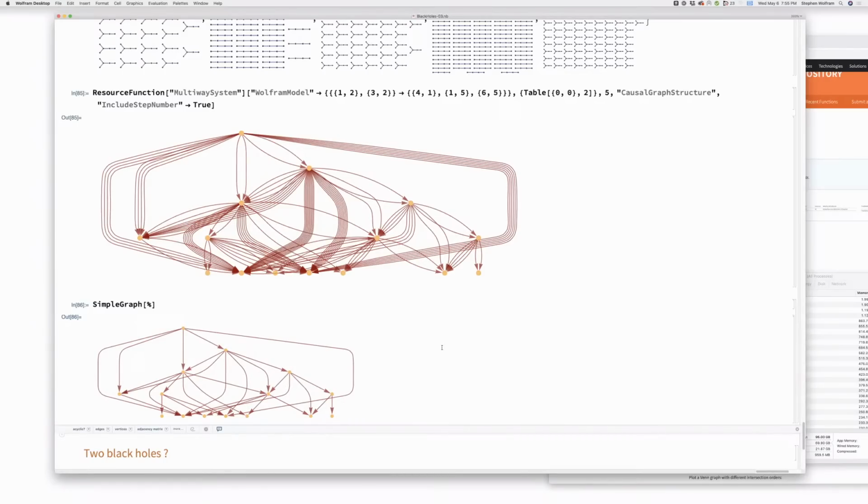And we didn't even get a chance to look at what I was hoping we would be able to see, which is something about no hair theorems for black holes, but we haven't had a clean enough black hole to be able to see that. Right, we're seeing causal edges going into the black hole. What we want to be able to see after that is that somehow,